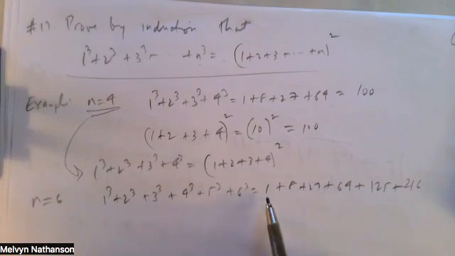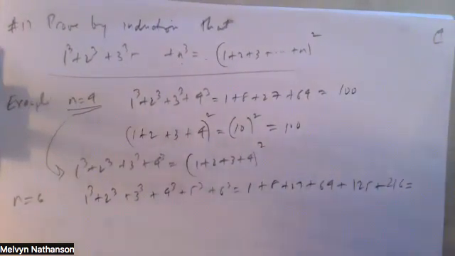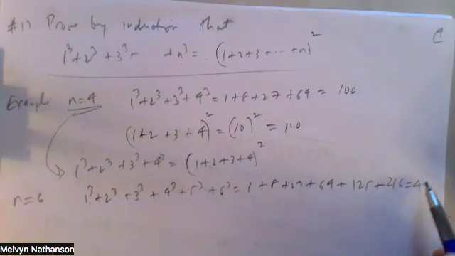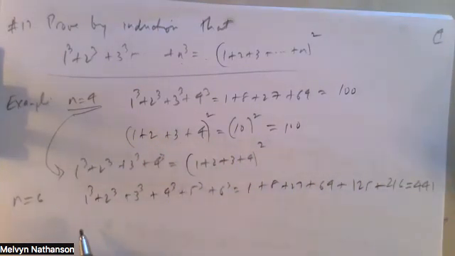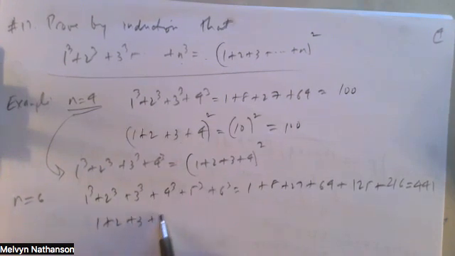Okay, and if I add up these 6 numbers, what do I get? 441. Okay. And on the other hand, if I add up the numbers from 1 to 6,